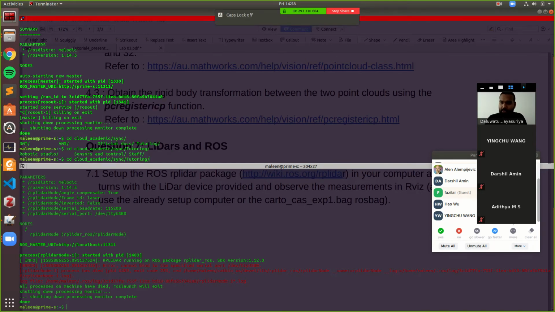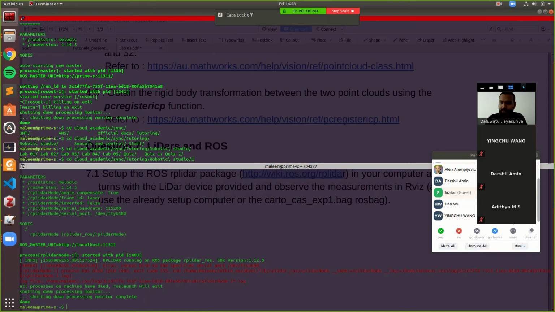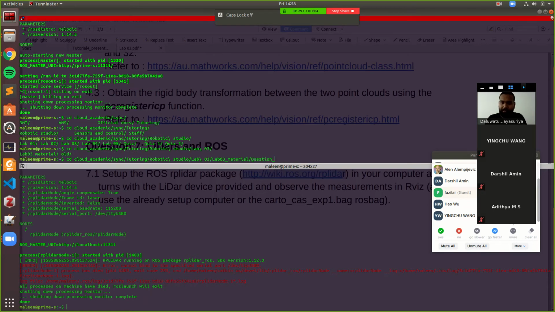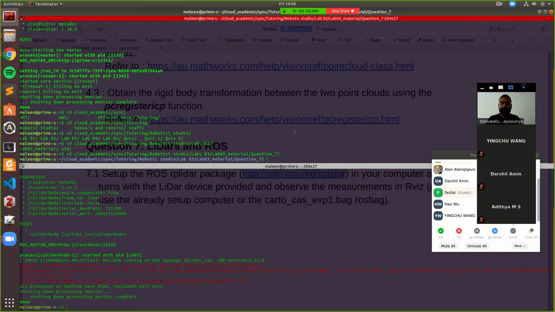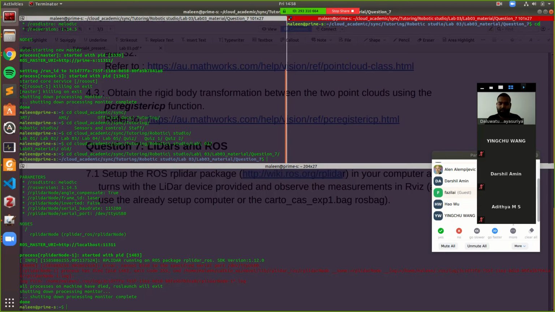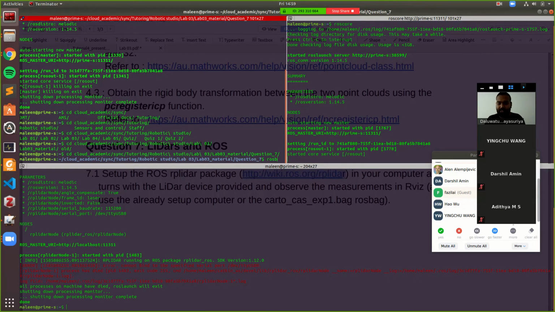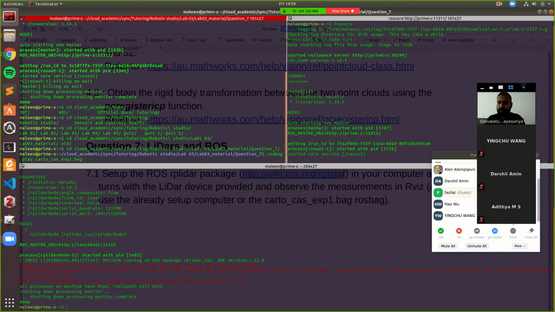So, lab 3, material question 7, right? I start a ROS core, and what I can do is play that bag. So I say ROS bag play and give the name of the bag, and I'm going to play it in loop,